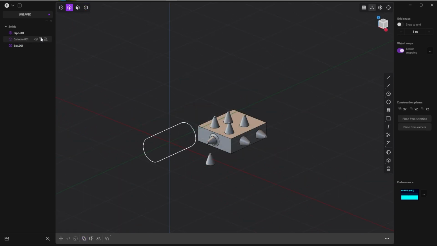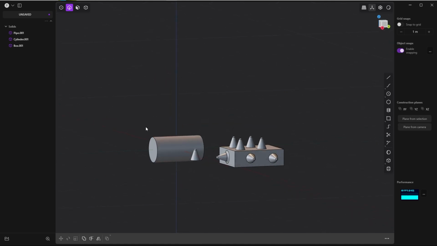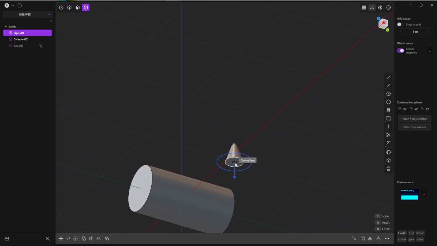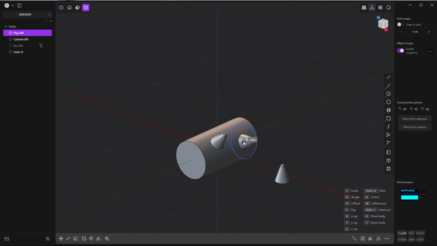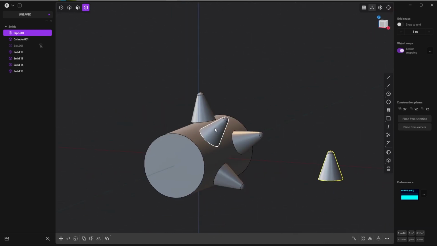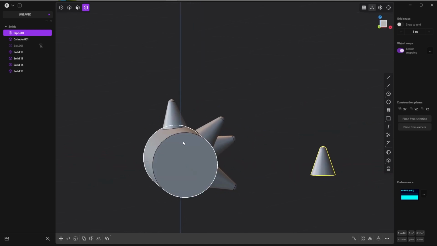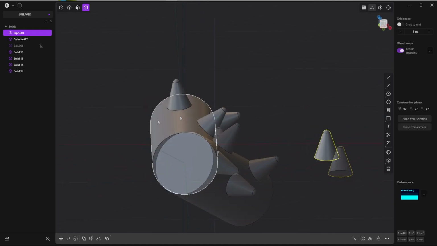But what about placing the spikes on a surface like this? Select the spike, Ctrl D, snap it again from the same place, flipping it. Plasticity has placed the spikes perfectly according to the normals on the surface of the cylinder, but you cannot merge